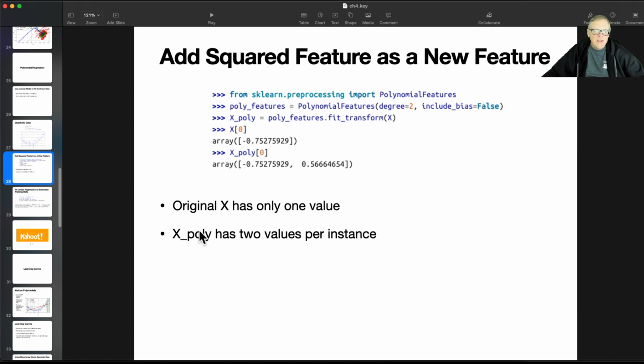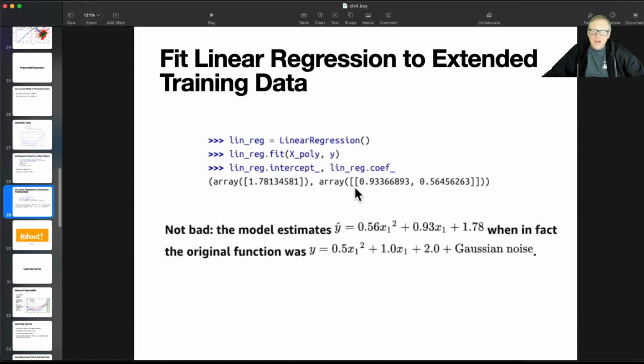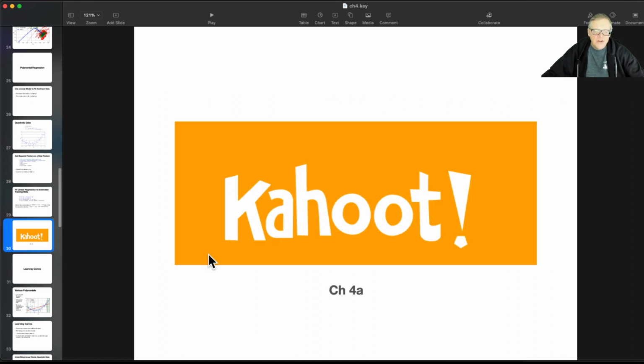And now you have two values, for instance. You have x and x squared. And you can fit it with simple linear regression. So that's fun. And let's do a Kahoot,